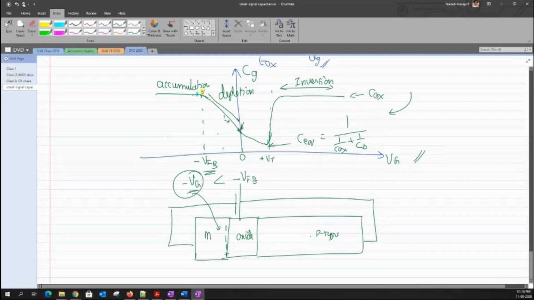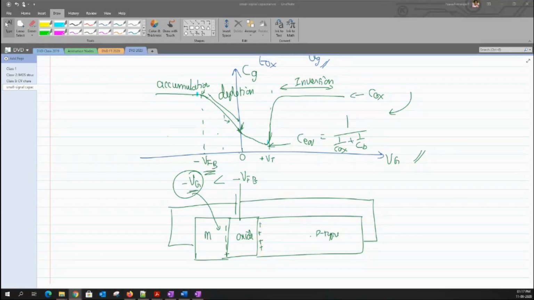And at this particular point, there is no charge. Beyond this, any voltage that I apply tries to deposit negative charges and in turn pulls in positive charges. So this is what is known as accumulation. Okay, since depletion starts after Vg is greater than, okay, yeah.